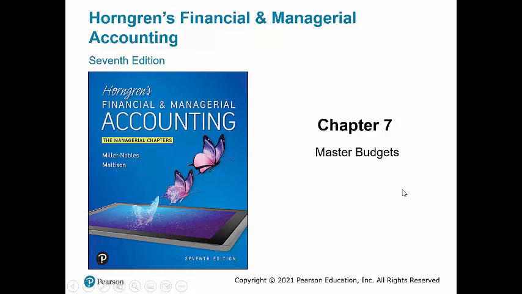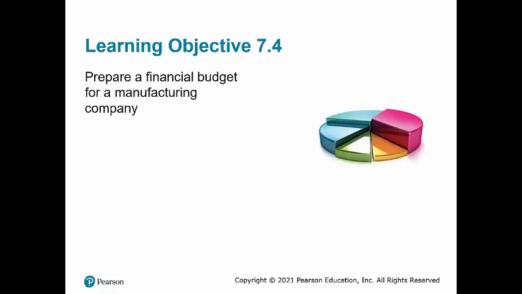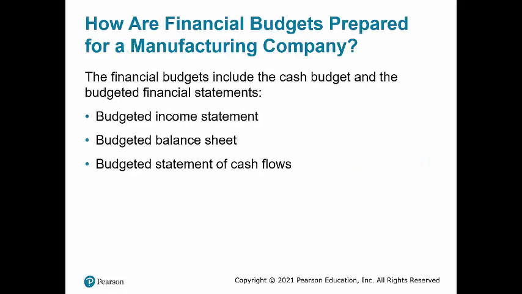This presentation is for Chapter 7, Master Budgets. In Learning Objective 4, we will learn to prepare the financial budget for a manufacturing company. So manufacturers will prepare their cash budget and their budgeted financial statements, the income statement, balance sheet, and budgeted statement